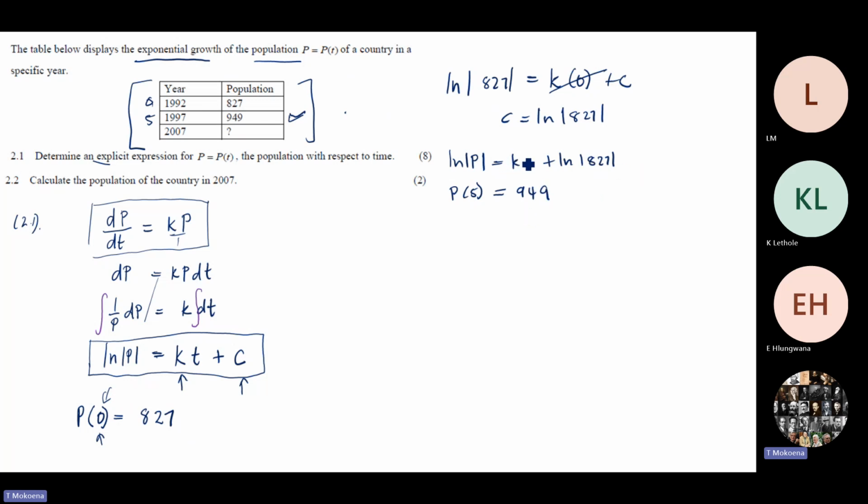Again, we go back to this equation. Now we want to solve for k. We're going to substitute 949 where we see P. So that means here we have 949 is equal to k, and then our t, it is 5, plus ln of 8 to 7. Right? Now we can solve for k because these are just numbers. So to solve for k, my k from this equation will be equal to ln of,